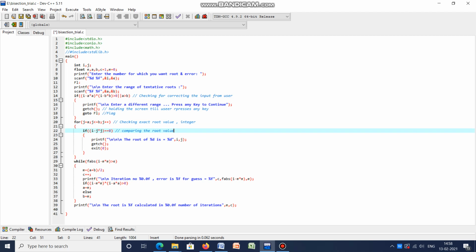So getch again holding the screen and exit 0, मतलब इस प्रोग्राम से अब हम निकल के आ जाएंगे. So getting out of this program, this line means getting out of program, क्योंकि अभी हमारा रूट निकल चुका है. So there is no meaning of staying